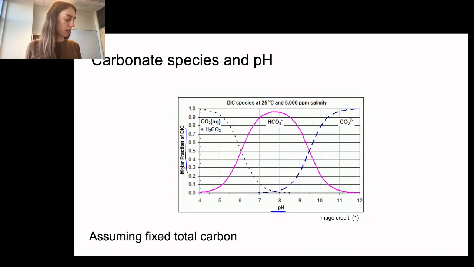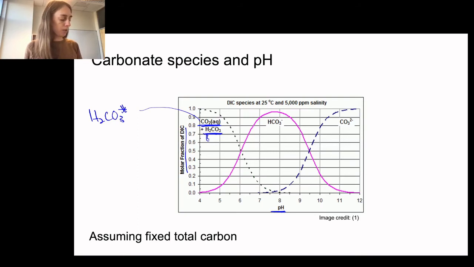So our molar fraction of DIC. So here at low pH we have a lot of this dissolved carbon dioxide and carbonic acid, or we can also call this H2CO3 with an asterisk. Then as we increase our pH, our protons are going to start coming off of our carbonic acid